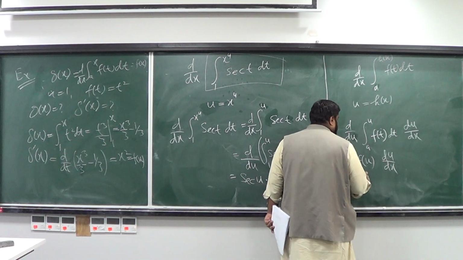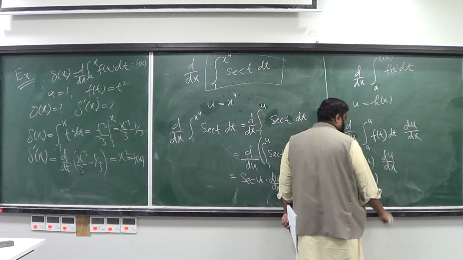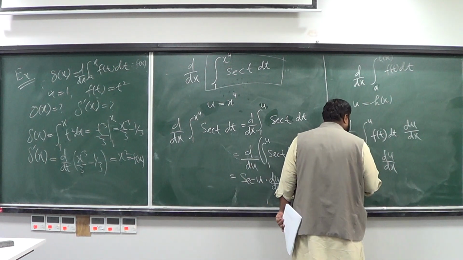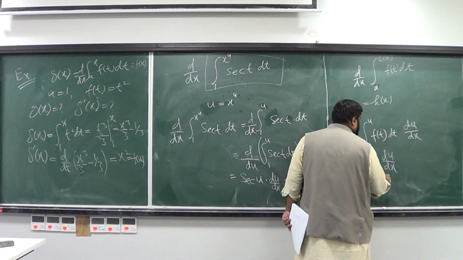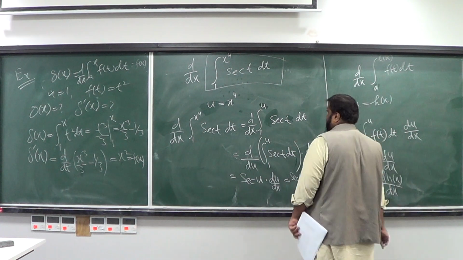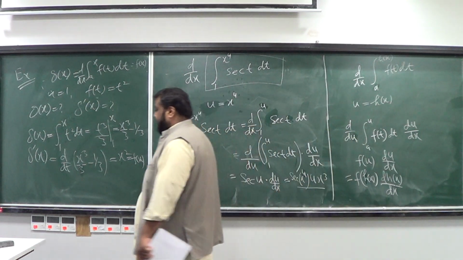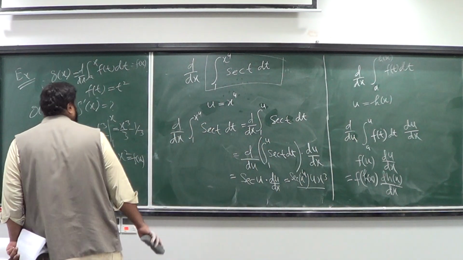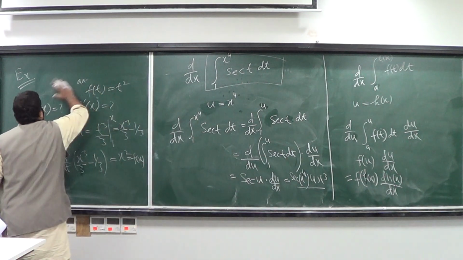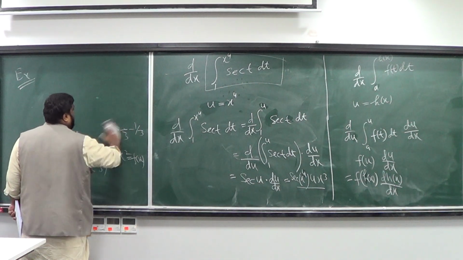So this is going to be f of h of x times d h of x divided by dx. Now what will be